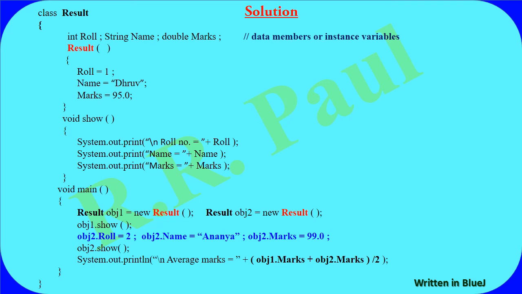Please check the last statement for the changes. Nowhere else in the program a change is made, but it is made only on the last line. Object 1.marks when added to object 2.marks and divided by 2, we will get the average marks. So we are dealing with two different sets of values through two different objects, and we are picking out members associated with each as per our need. And this is what is done when multiple objects are considered in a program.